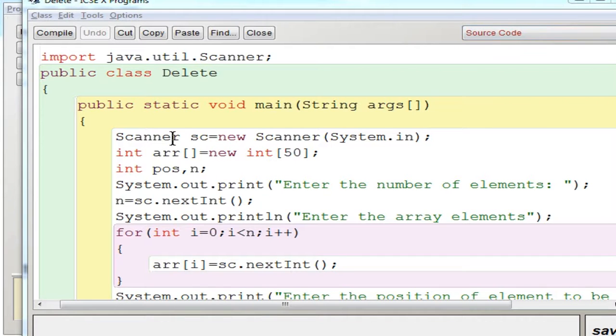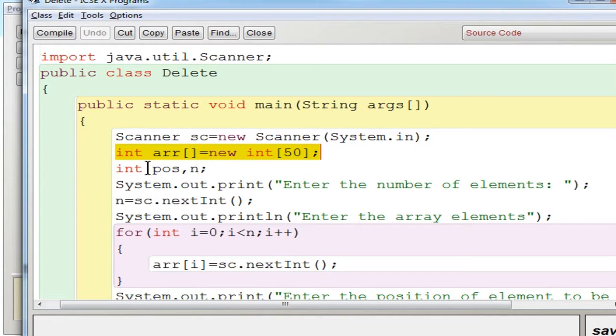So here in this program we are going to see what methods are used to delete the element. It is similar to the program which is used to insert an element. The variables are the same. You can see an array variable, where the maximum number of values which can be stored in the array is 50. As we discussed in the previous example, you can decide when you execute the program how many values you are going to enter.